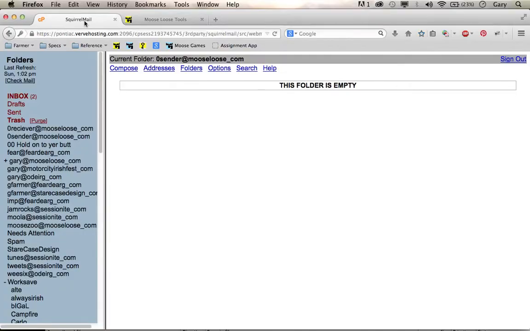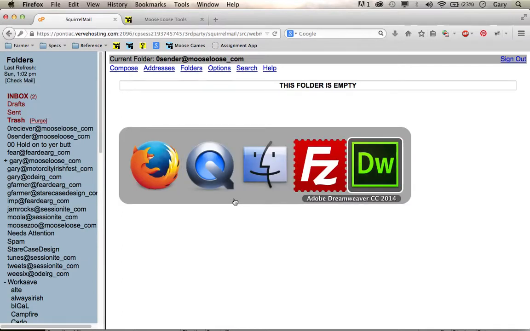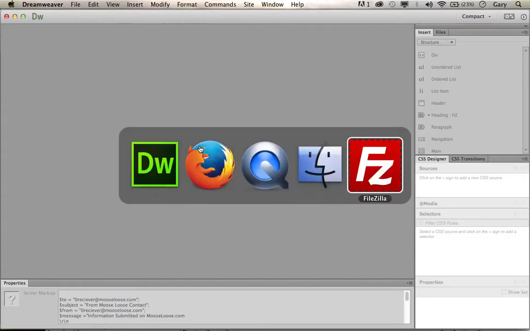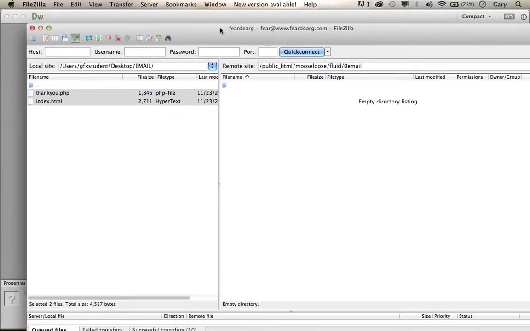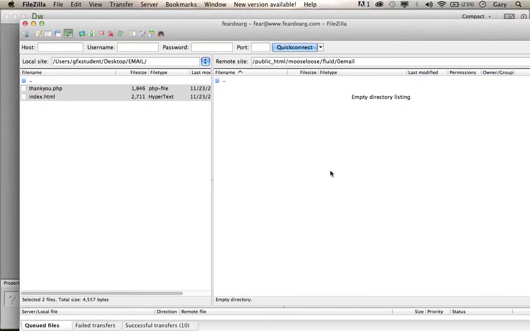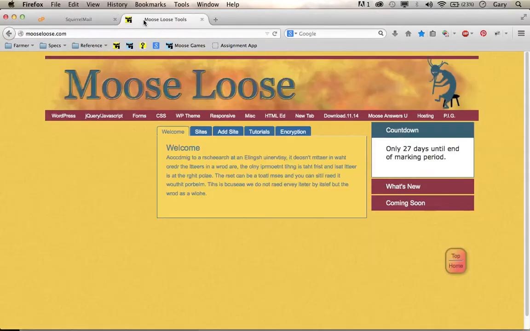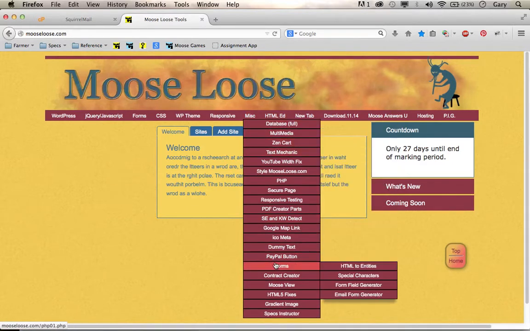You'll need an email set up. In my email program, I have a receiver, which will be who gets the email that somebody submits, and a sender, which will be the email for our test purposes. You'll also need Dreamweaver or any kind of HTML text editor. You'll need some kind of FTP client like FileZilla, and you'll need a place on the internet to place these forms. So let's begin. First thing we're going to do is go to MooseLoose, go down to Miscellaneous and Forms,